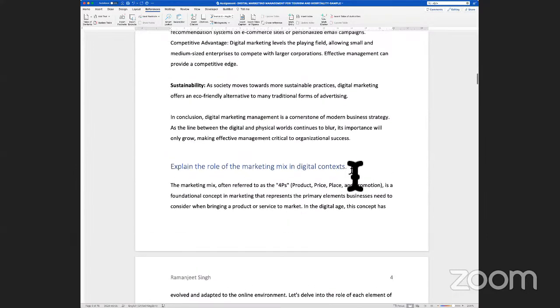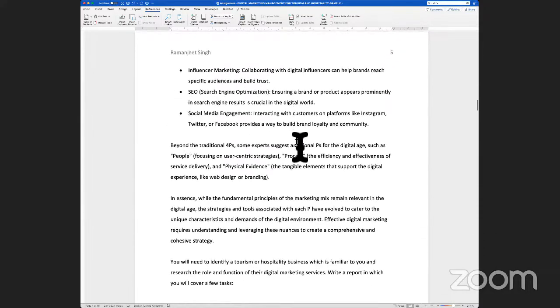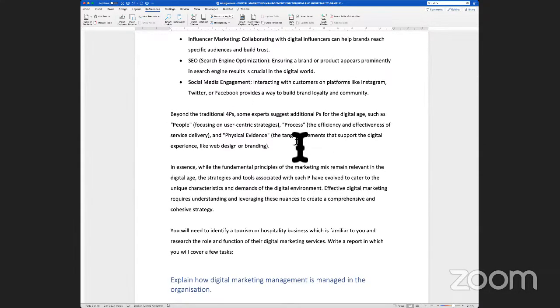And why we've discussed it in digital context is that it is asking us to discuss in the form of digital context. And here, towards the end, it would be a best practice to add an example of a product, a brand, or a service that you have used, and related to that would be like the icing on the cake. But explain would clearly mean you have to set out the meaning of the 4 P's of marketing mix in the digital context, cover the 4 P's with reasons, and then say how and why they are used in the travel and tourism industry.